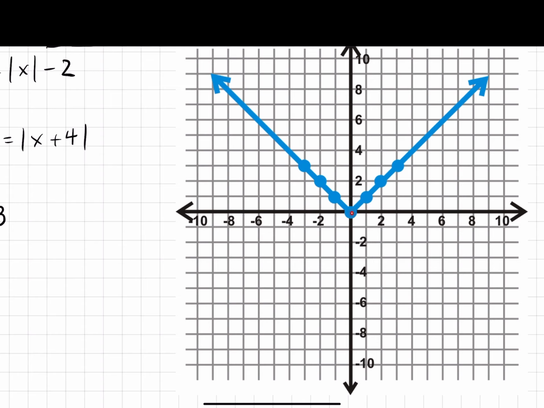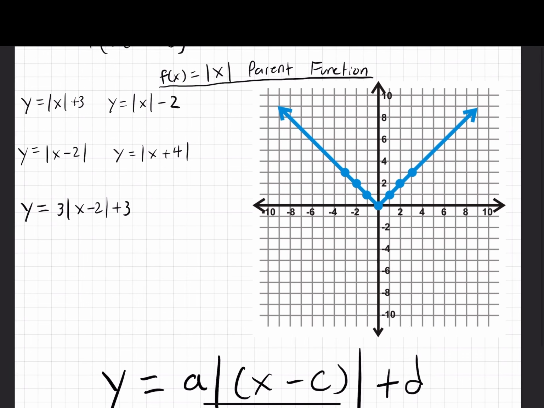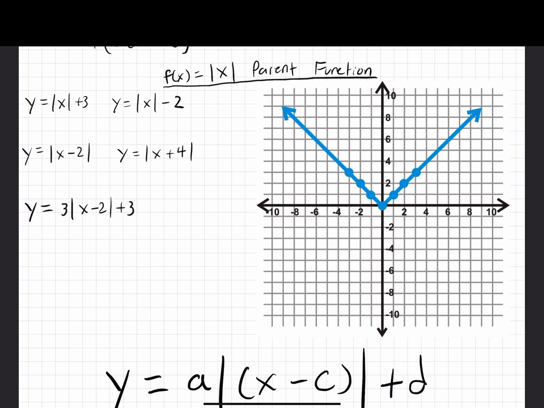And then it just goes up 1 over 1, up 1 over 1. It has a slope of 1, and it happens to go on the same slope in both directions, positive and negative, of y equals x and y equals negative x. And all the transformations we're going to talk about today are going to take this parent function, its graph, and move it left, right, up, down, make it look taller or vertically stretched, or make it look flatter or vertically compressed